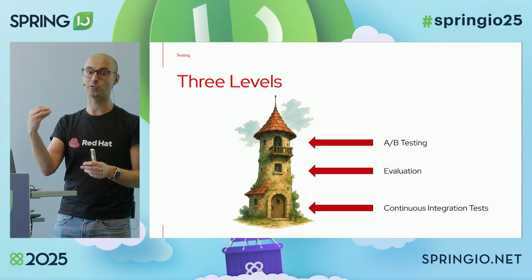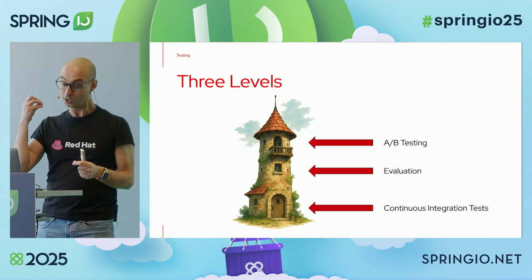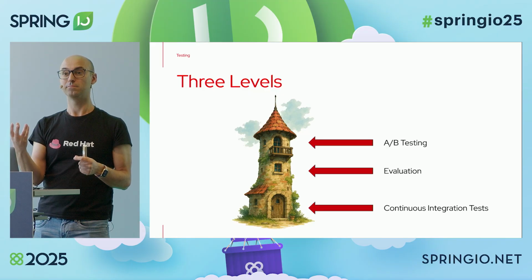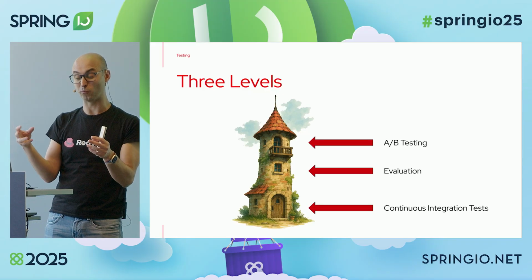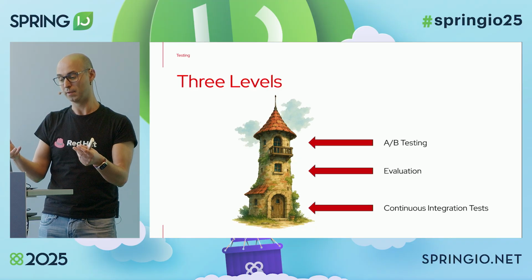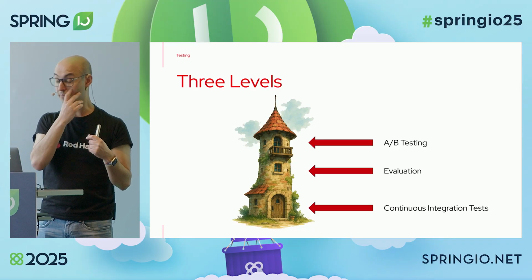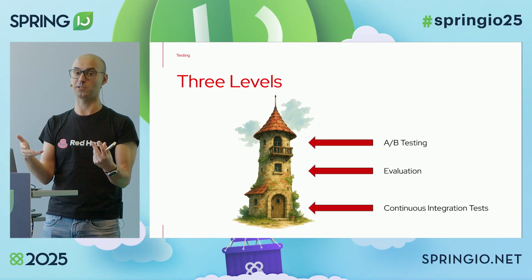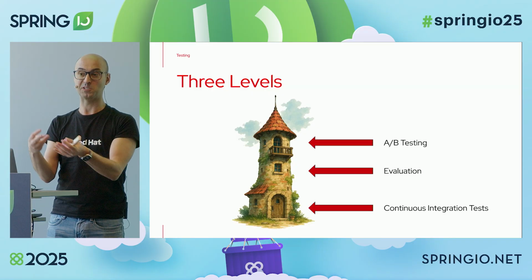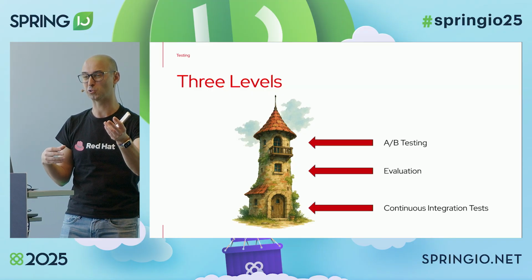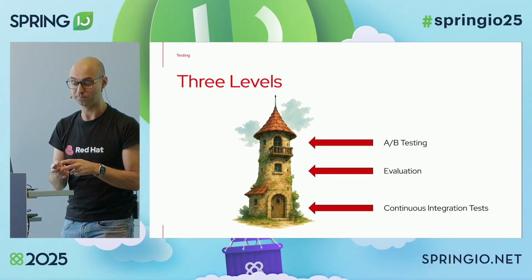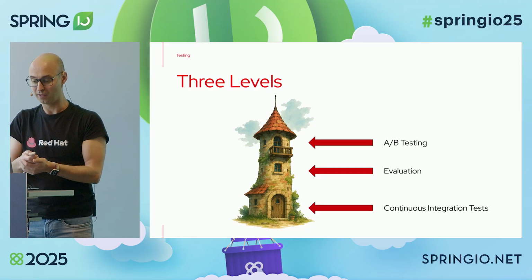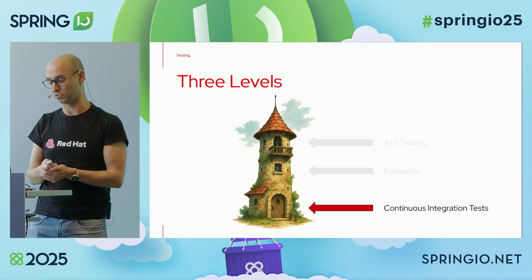Here in the evaluation, you're doing exactly the same. You're running tests that verify the LLM from the point of view of the LLM, which means that they're going to be slower. And then at the top, you've got A/B testing, because as I said, it's impossible to have a deterministic test. So after all, you will need to start adopting some testing-in-production techniques for testing all the applications. So let's start with the continuous integration tests.